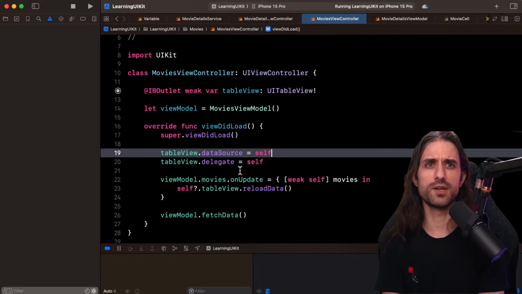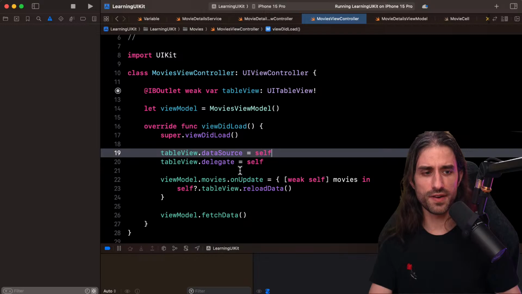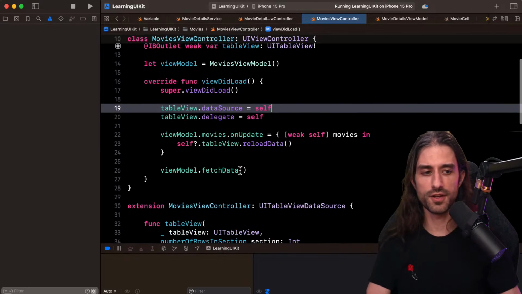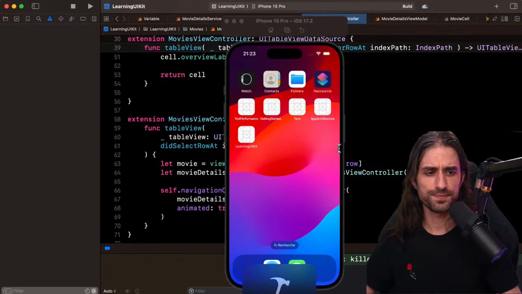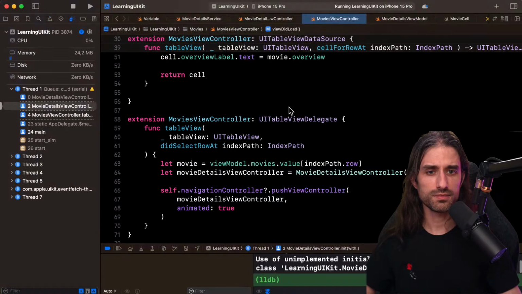And in terms of SwiftUI equivalent, I would say this is kind of equivalent to implementing a modifier like onSelect. I don't know if there's a modifier called that in SwiftUI, but you get the idea. In SwiftUI, you could implement a modifier called onSelect and provide a closure that will be called whenever something has happened, or observe on change on a property that will be set whenever the user has done an action. It's the same kind of idea. So normally now, it should work.